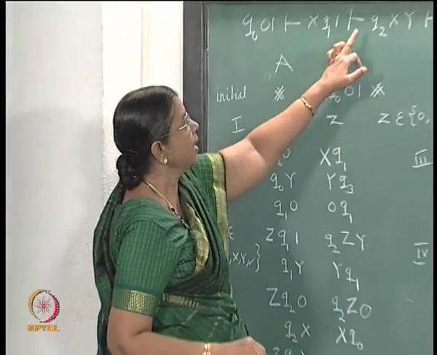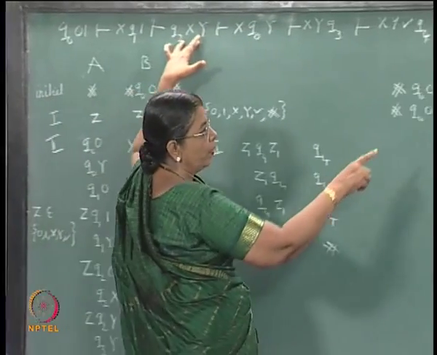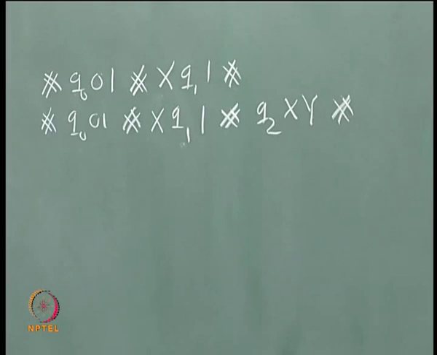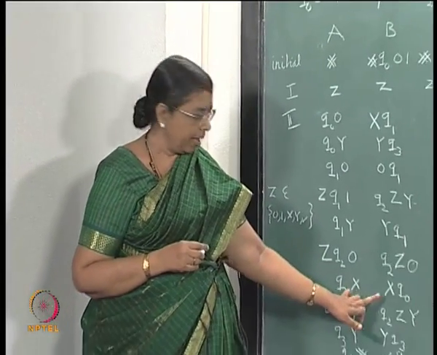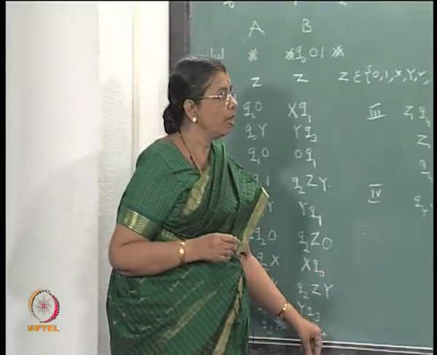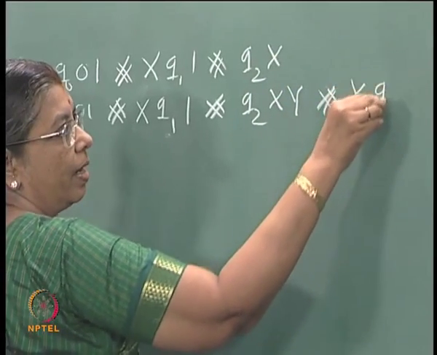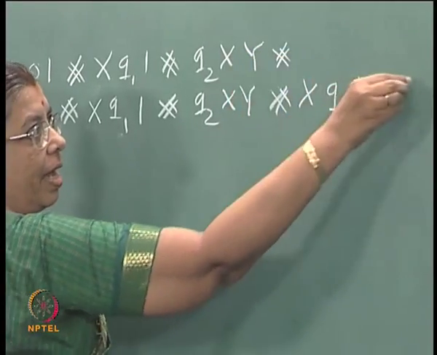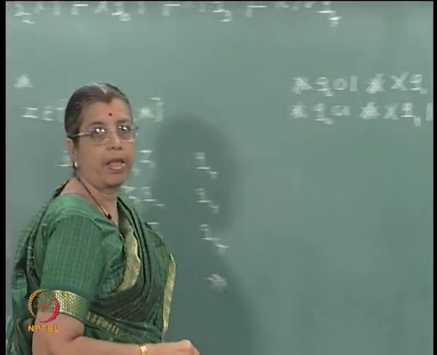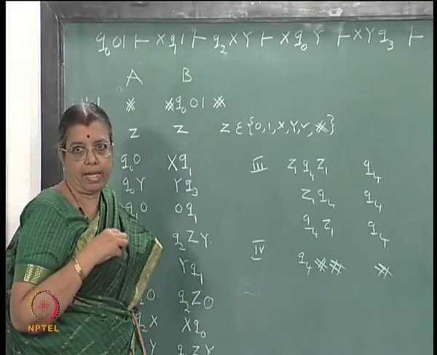So, the next ID Q2 x y is created. Now, you must try to create Q2 x y here, right. So, what is the move? Q2 x is x Q0. So, when you write Q2 x, you have x Q0 here, then a y can be written here, a y can be written here, a hash can be written here, a hash can be written here. So, x Q0 y is the next ID and that ID is created.